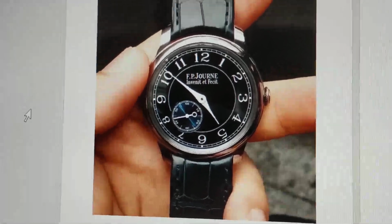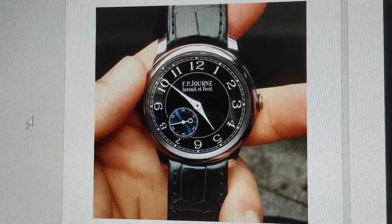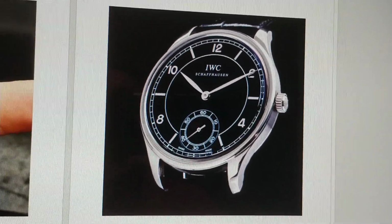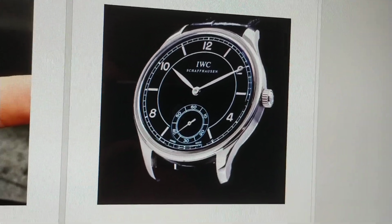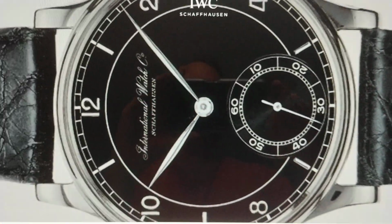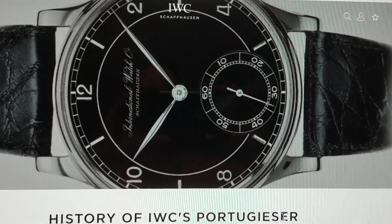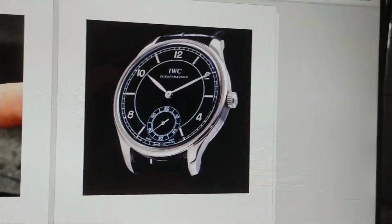So I was also looking at a brand that I really admire recently, and never really took the time to look back at the history of the IWC Portuguese line. And apparently the line goes back to the 30s. I don't want to get into it too deep here, but the original designs of the IWC Portuguese came from the late 1930s. If you go to their website, you can look up the history of the Portuguese line, right? So anyway, I'm looking at this IWC